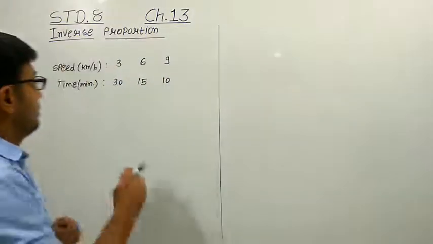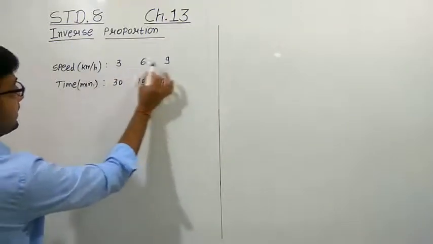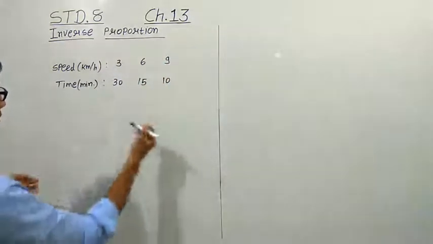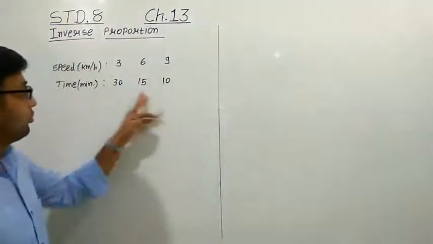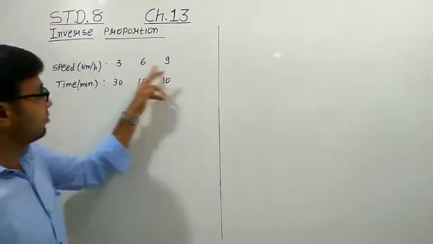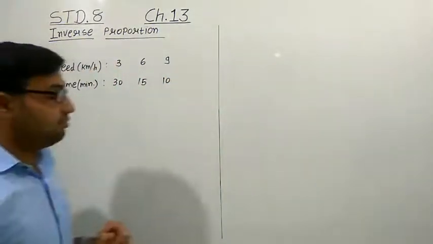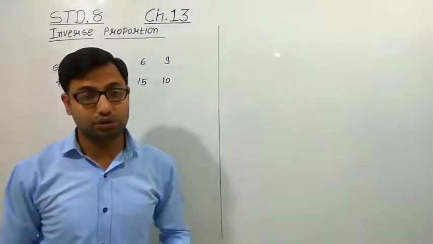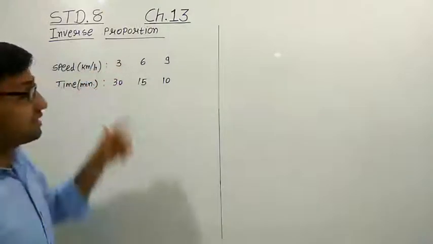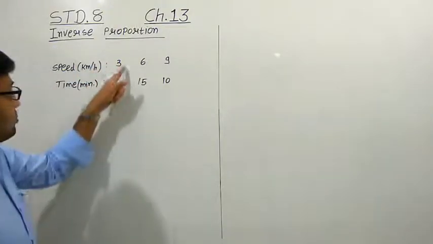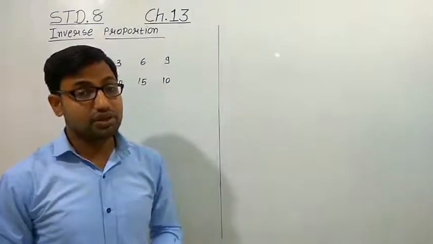Okay. So now here we can see that one quantity, speed, is increased, while at the other end the other quantity is getting decreased. From 30 to 10 it is decreasing, from 3 to 9 it is increasing. That is why we can say that the speed and the time are in inverse proportion. In direct proportion we know that each and every case has the same ratio, that is x1 upon y1 is equal to x2 upon y2. So what is the case for inverse proportion?